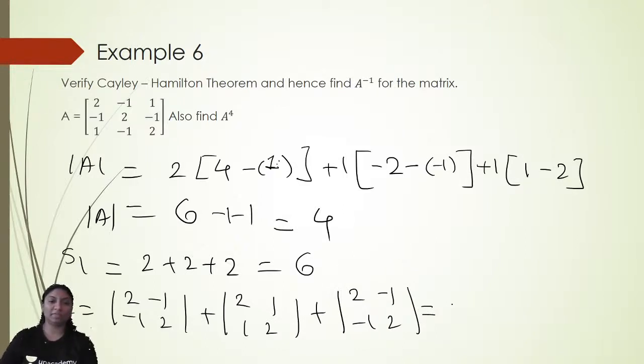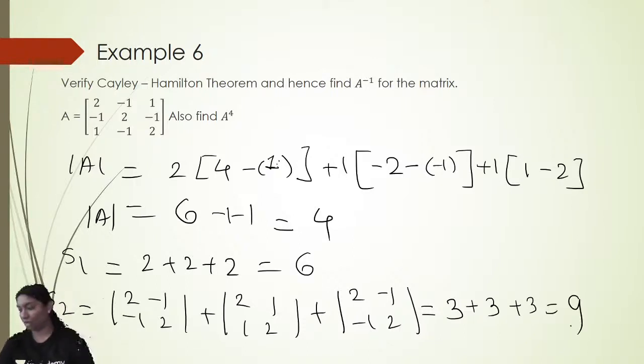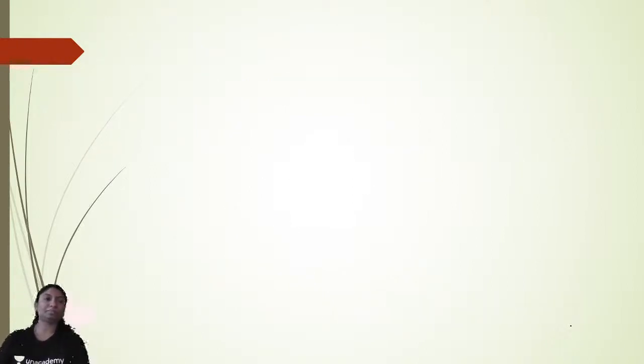4 minus 1 3, 4 minus 1 3 plus 4 minus 1 3. So it is 9. Okay. So determinant of A is equal to 4, S1 is equal to 6, and here is 9. So characteristic equation is